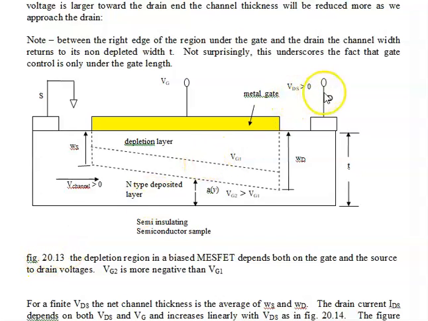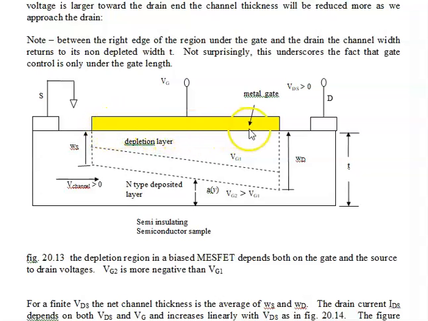We have a constant VDS. We have two gate voltages, one which is either more positive or not very negative, and that shows a wider conductive channel. And now we make VG2 more negative than VG1. The curve shifts. Now notice, however, that the slope of these lines is the same, because V channel, as we move